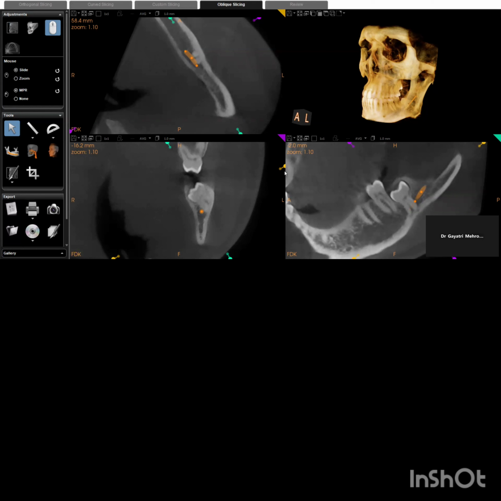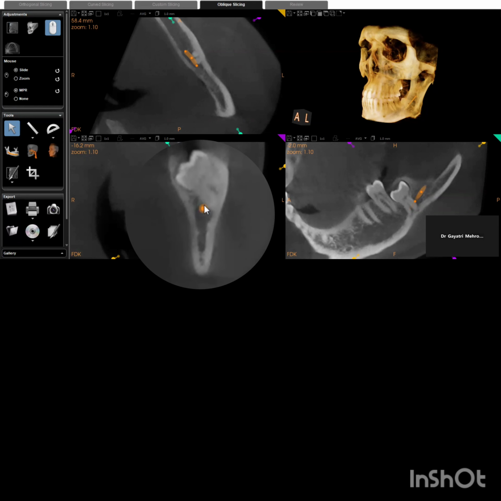Now, apart from that, we usually comment on the compression of the canal. There are three patterns: mild, moderate, and severe. How do you determine this? Consider this canal as a circle. If the diameter of the canal is slightly reduced, then we call it mild canal compression. If it's intact, obviously, then there is no compression. If this diameter is reduced to nearly half, then we call it moderate. And if the diameter is reduced to more than half, then we call it severe.